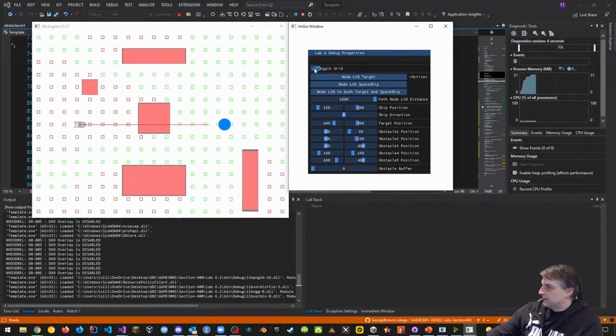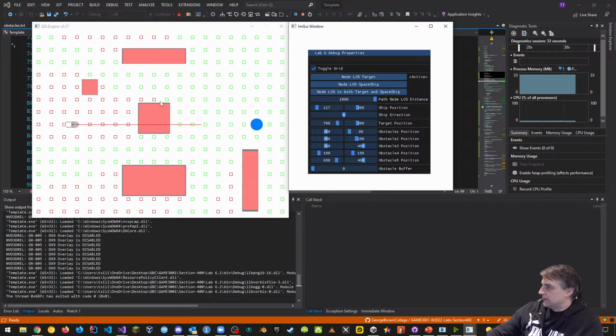Yes, I can. So if I do it this way now, you can see that the spaceship is on top of the target, which is on top of the grid, and the grid lies beneath the target and beneath the spaceship. For example, if I move the spaceship to the left, you can see that it obscures the node, right? And same thing goes with our target. If I move the target, the target obscures the node, all right? But we don't care about this because if any of the nodes are connecting with or touching the obstacles, then what ends up happening is they'll be removed. Okay, that's what will happen. They'll be removed. All right, so that's good.